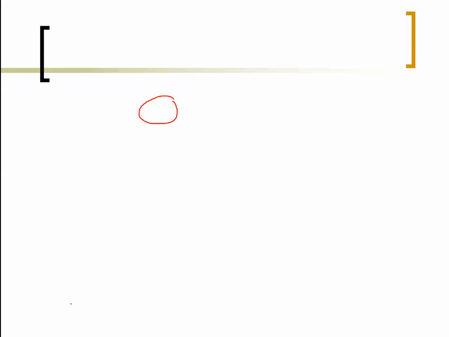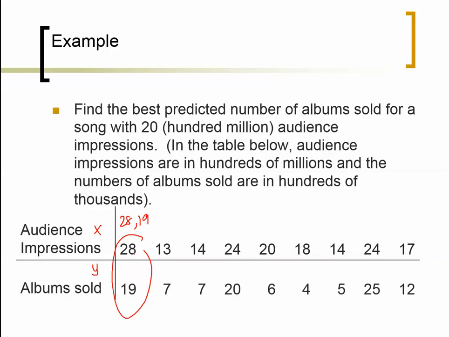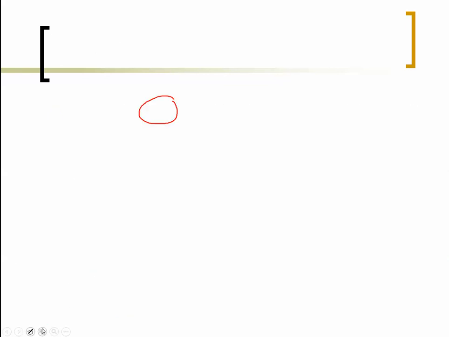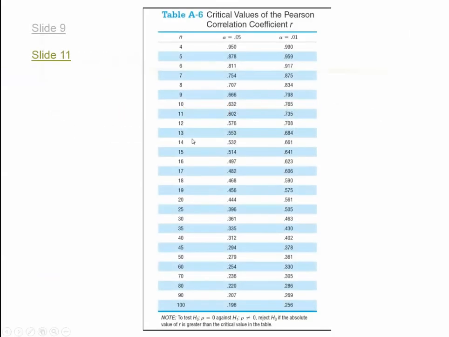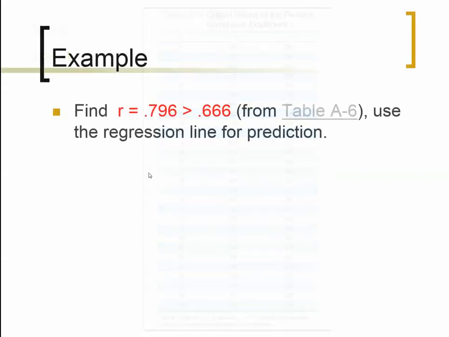and going back here, let's look at how many values we had. So we have 1, 2, 3, 4, 5, 6, 7, 8, 9. So we have 9 ordered pairs in our data set. So if we go to table A6, I want to go to n equals 9, and I want to go to the 0.05 significance level. So you'll see here that your critical value at that position is 0.666. Now 0.796 is greater than the critical value, so that means there is significant linear correlation, and I can use